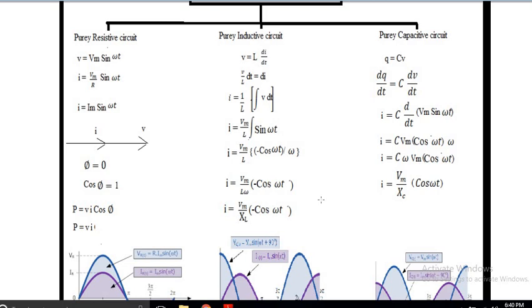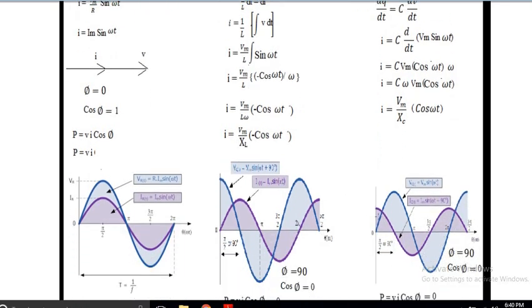Now what is this XC? Basically it is equal to 1 upon 2 pi fC. So capacitive reactance is equal to 1 upon 2 pi fC. I can write this cos omega t as sin of omega t plus pi by 2. So I'll ultimately write the current equation as I is equal to Im sin of omega t plus pi by 2. You can see in the phasor diagram that current is at maximum when the voltage wave is starting. That means current is ahead, so when I write the current equation, I have to write plus pi by 2. Isn't it reflecting in the equation also? So I is equal to Im sin of omega t plus pi by 2.